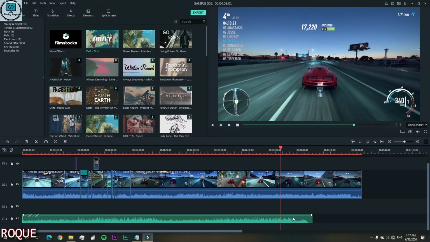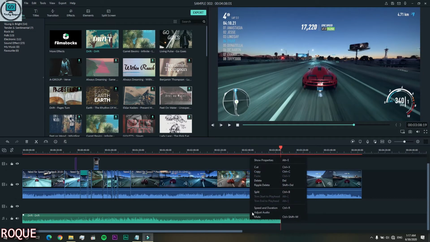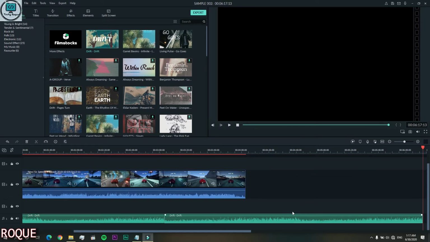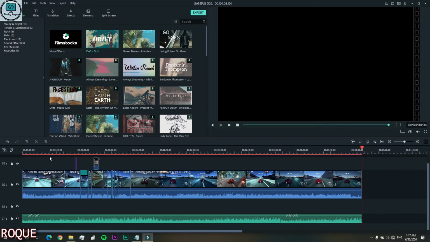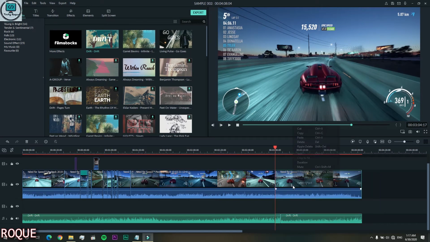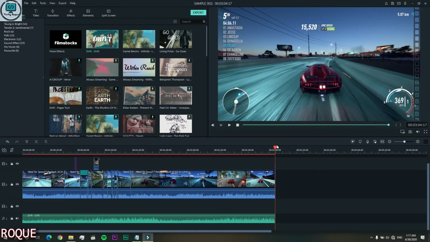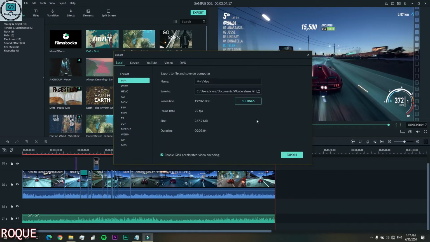And now that's how you can add songs here. And split, you can also copy paste, so you don't need to add another from this side. So yeah, deleted the extra clip, and now you can also select multiple clips and delete them. I don't want to make this video longer because I'm going to export this video.